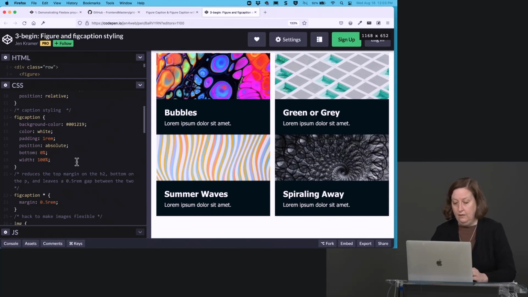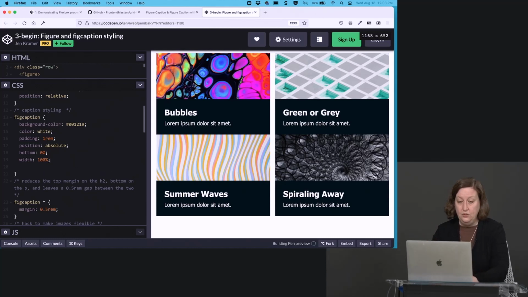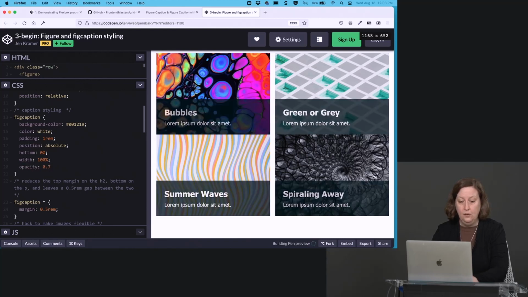And the little sizzle part would be to do something with opacity of, say, like 0.7. There we go. So now we can see the image coming through underneath. So now we have a very attractive way of laying out our images here on the web page with this cool little figure. And hopefully this also sparks some ideas for you of things that you could do with this